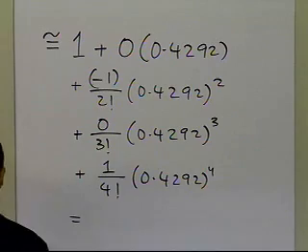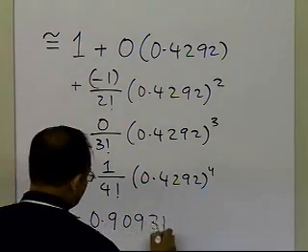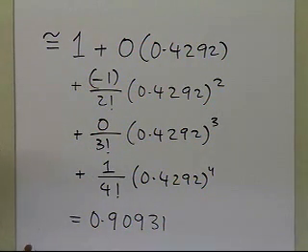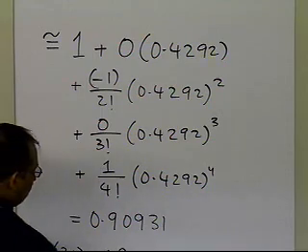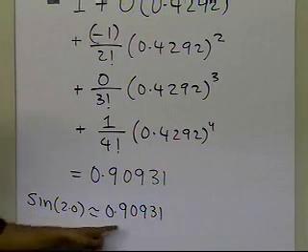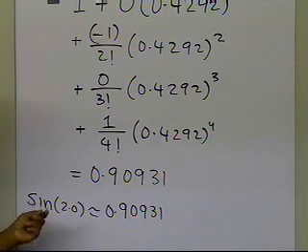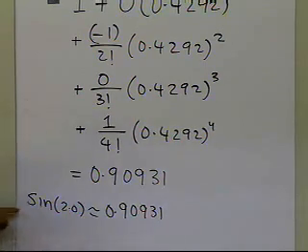And this value here turns out to be 0.90931. So that's what I get as the value of sine of 2.0 to be approximately equal to 0.90931. And keep in mind that this is the value which I get by using the first 5 terms of the Taylor's theorem. And this is an approximate value. In order to be able to get the exact value of sine of 2.0, although I have the exact values of sine at pi by 2 and cos pi by 2, I will need infinite terms of the Taylor's theorem to get the exact value of sine of 2.0.